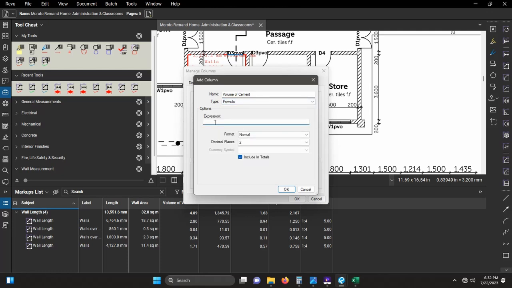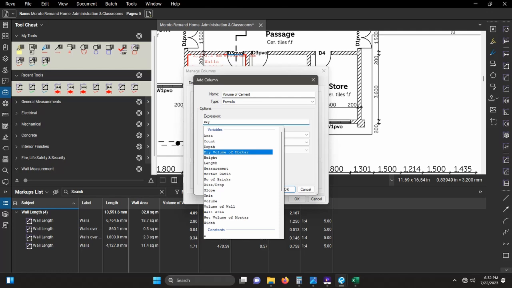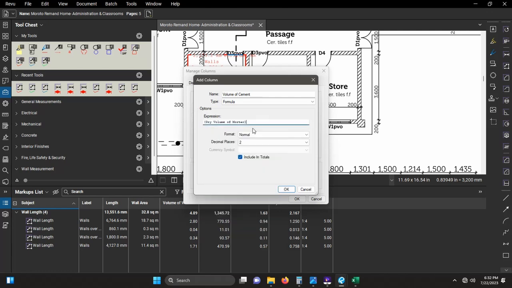The volume of cement will be the dry volume multiplied by the ratio of cement over the total ratio. The ratio of cement is 1, then the total ratio is 5. So basically we shall just put dry volume divide by